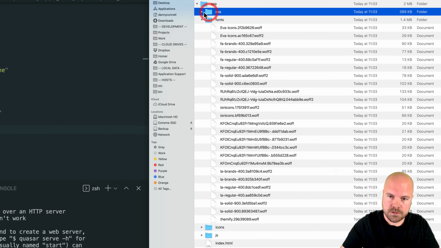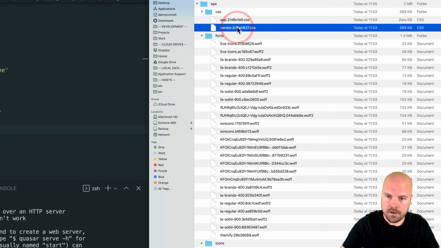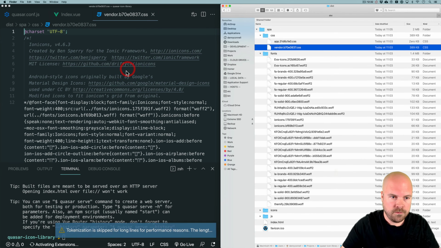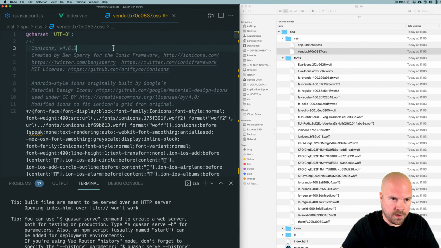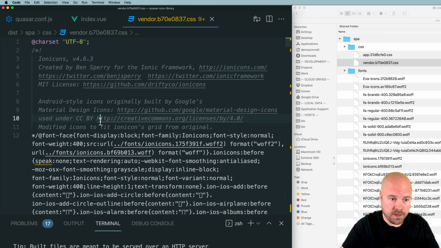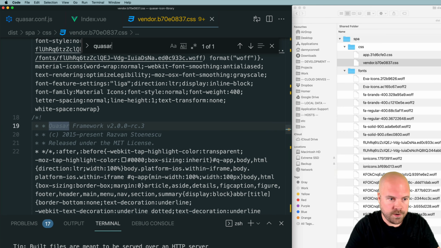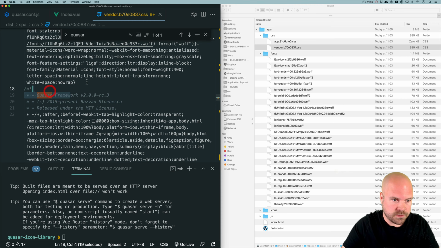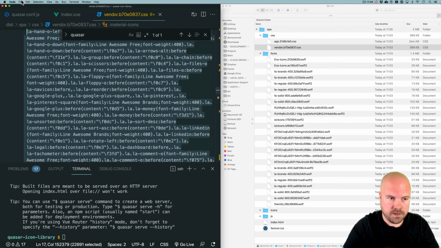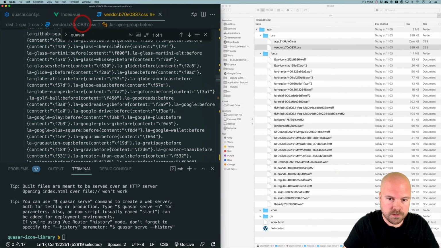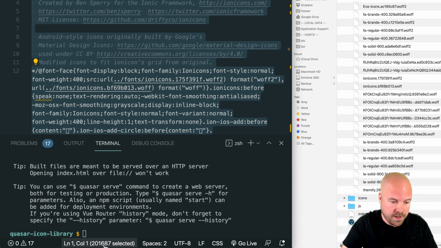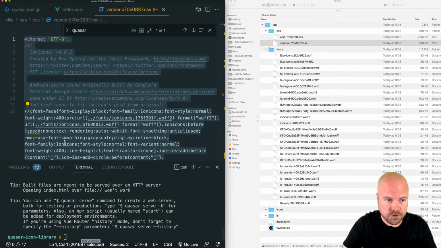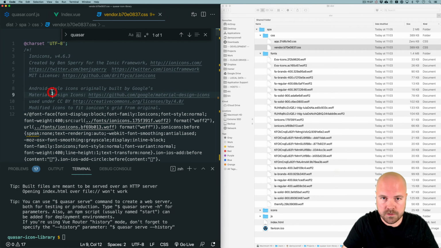And if we jump into the CSS folder and open up this vendor file, then I think all the CSS for our icon libraries will be at the top of this file, and the Quasar styles will be at the bottom. So I'm just going to search for Quasar. So the Quasar styles start here, but everything else is coming from our icon libraries. So I'm just going to select all this code. And so we can see down here we have over 200 kilobytes just coming from the CSS for these icon